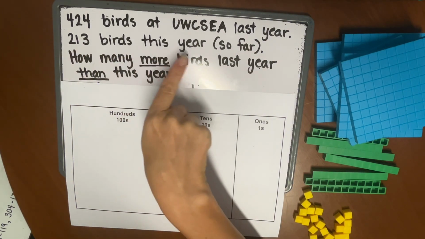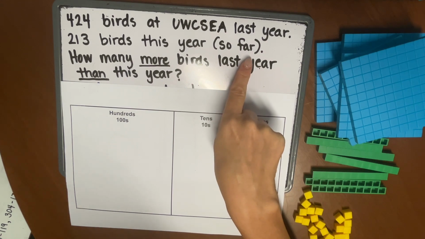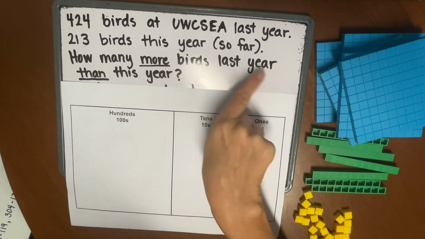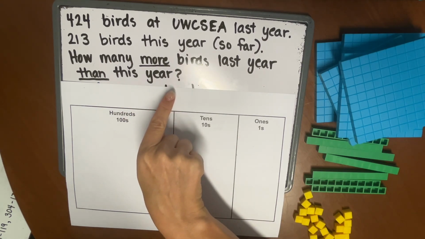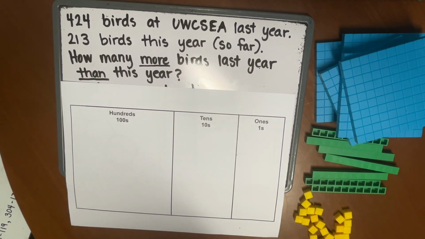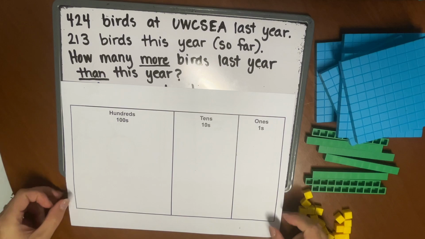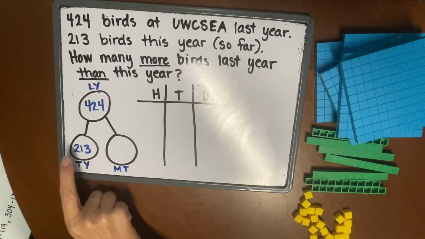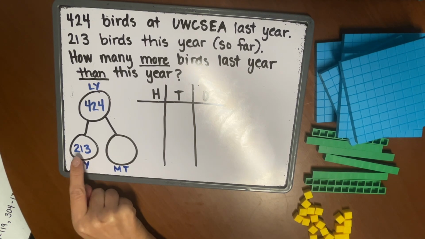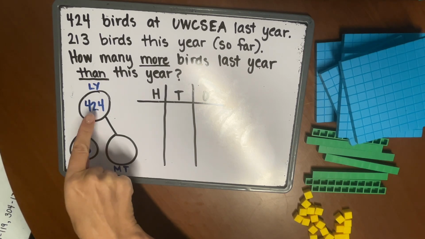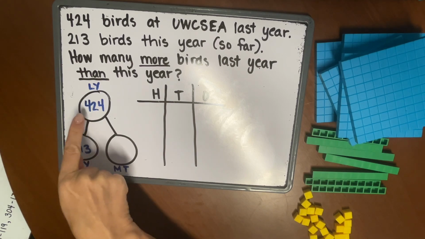213 birds this year so far have been seen on our campus. How many more birds were seen last year than this year? Pause the video and talk about what "more than" might mean in this mathematical problem. One thing you might have said was that this year it's 213 birds, and then there was some more that we still want to see to be able to get to a total of what we got last year,